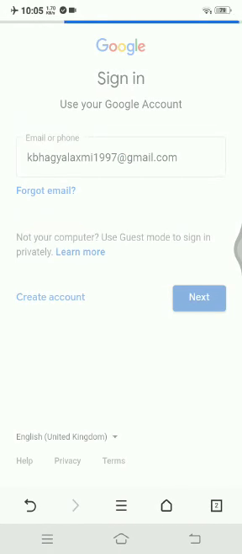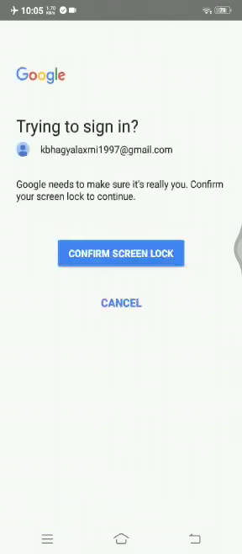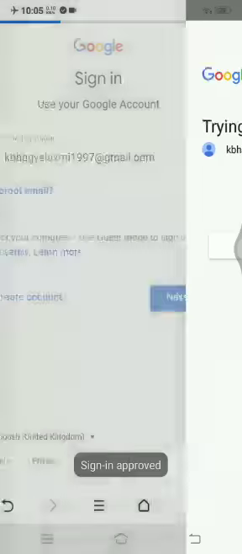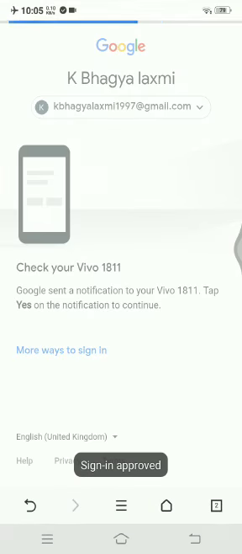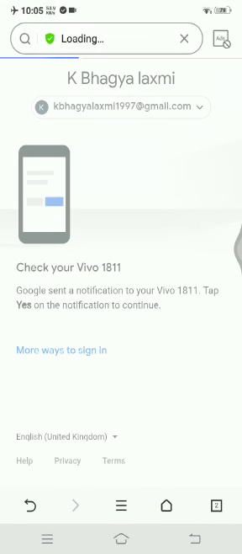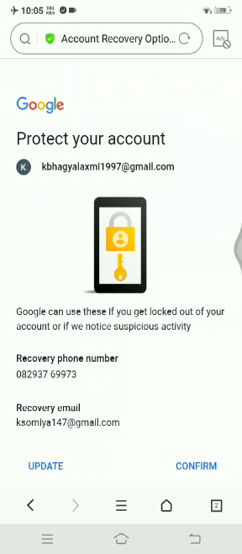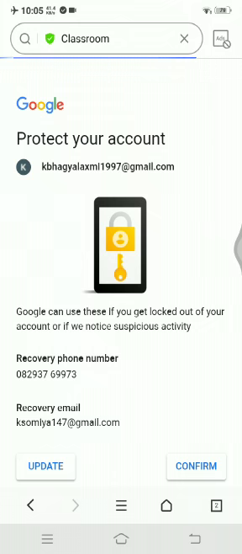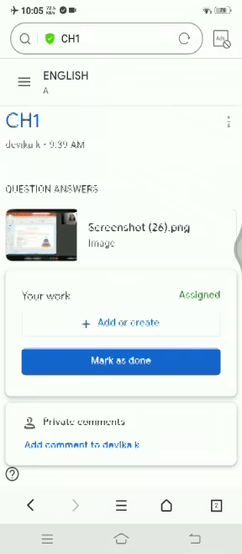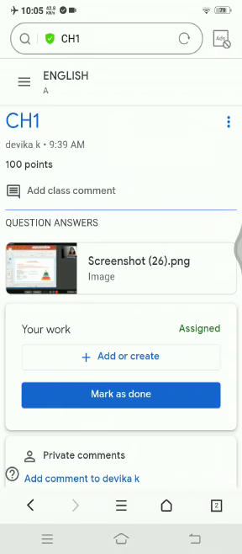And this sign in part is not required for everyone. And remember, these steps are not required for everyone. As I was signed out from my device, I used it. Now we can see this page. Okay, this is the assignment I have got.